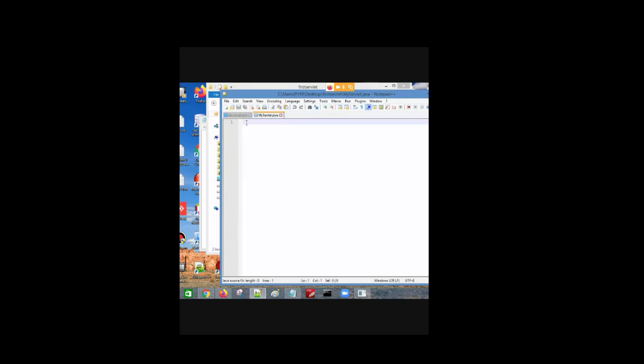Okay, so here I am going to create a simple servlet which displays a simple message like hello servlet in a browser when I execute this servlet program. So first step in servlet program is import the package. So here we are importing two packages. One is IO and second is the servlet package. So import java.io.*; and second package is import javax.servlet.*;